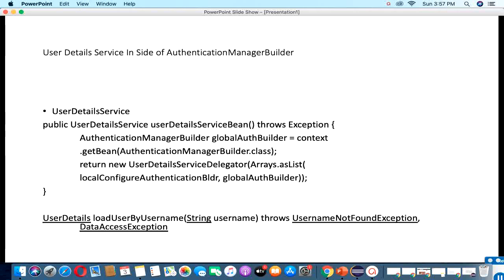So in the user details service, there is one method, loadUserByUsername. This will be called, and it will load the user from the DB or in memory and check whether this user exists in the DB or in memory or not. If it exists, then internally it will check the permissions of that user. If everything is fine, then it will return the user details in the response, and that response is also stored in the current running threads.